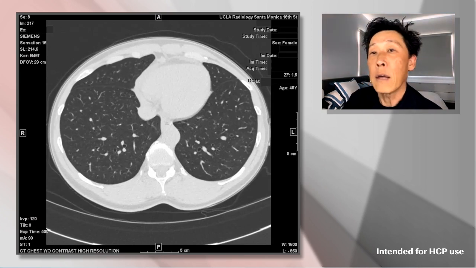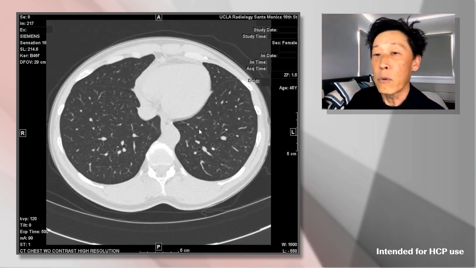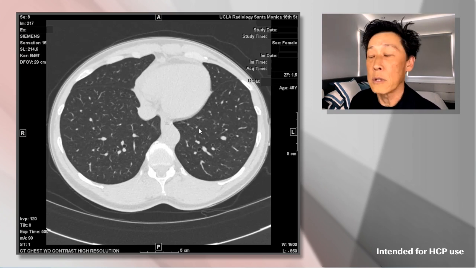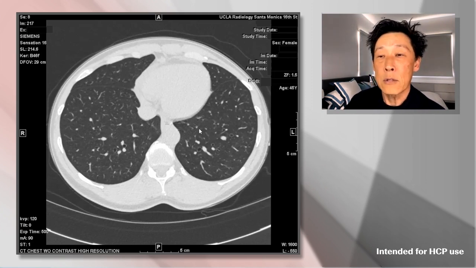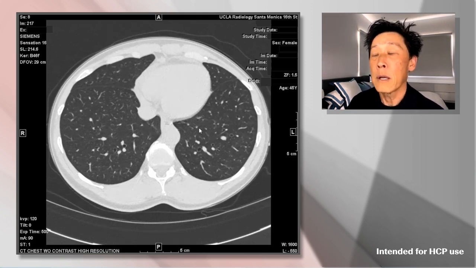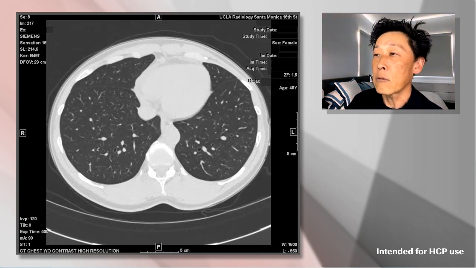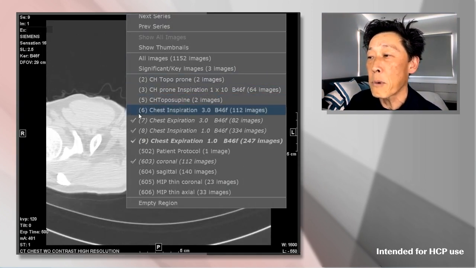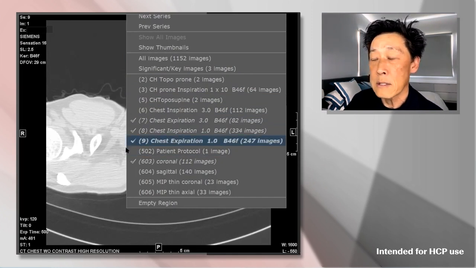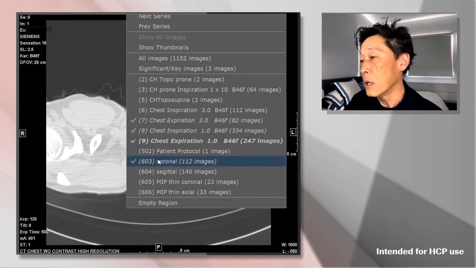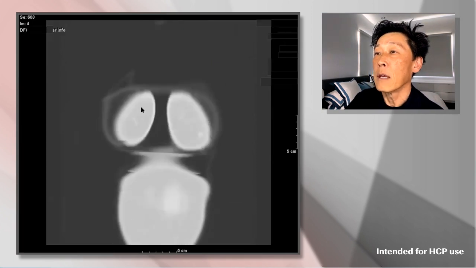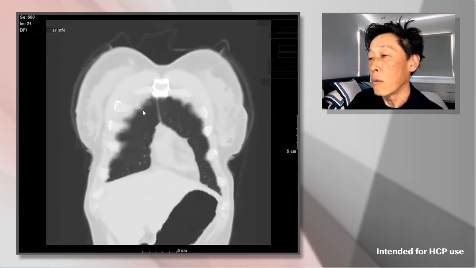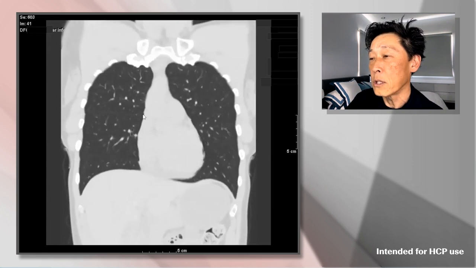All right, now, as we talked about also, when we talk about interstitial lung diseases, we'll talk about central versus peripheral within the lobe and the lung itself. And then we'll also talk about distribution of the disease, whether it's upper lung, lower lung. And when we look at distribution of the disease, especially with diffuse processes or infiltrative processes of the lung, it's really nice to look at the coronal reformats. And so again, I'll just take you through what a normal coronal looks like so you can appreciate that.